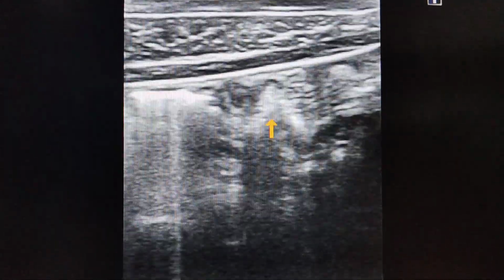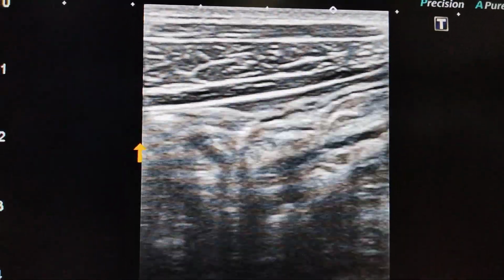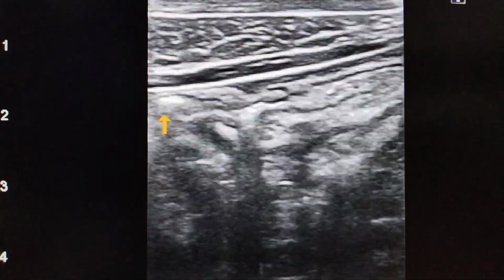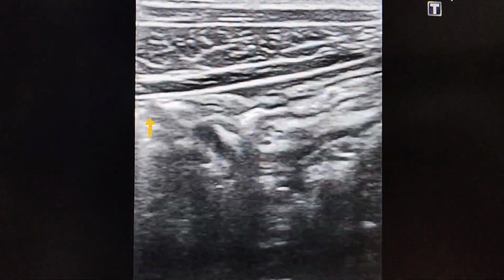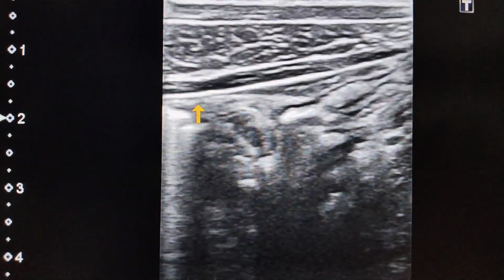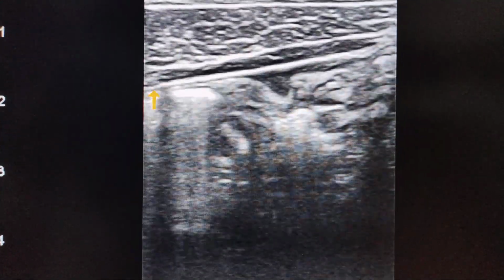So this is the region, this one at the lateral side on the screen. This is the cecum, the loops of the cecum. So okay, I will highlight it. This is this one,